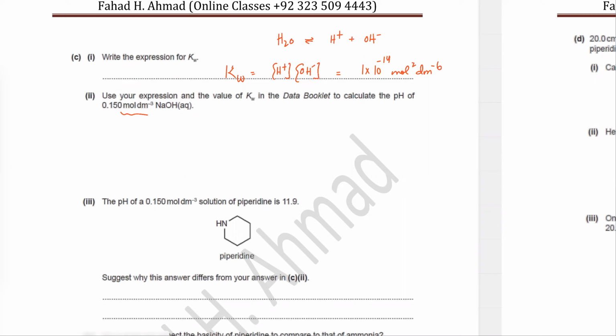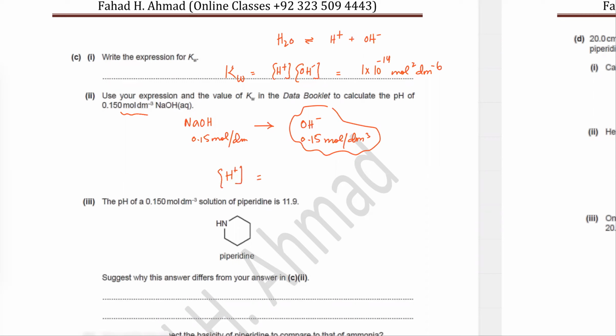So if NaOH concentration is 0.15 mole per dm cube, then that means the OH ion concentration is also going to be exactly the same, 0.15 mole per decimeter cube. So you already have OH ion concentration. So what you can do is substitute in the expression over here and find H plus one. If you make H plus one the subject of the expression,